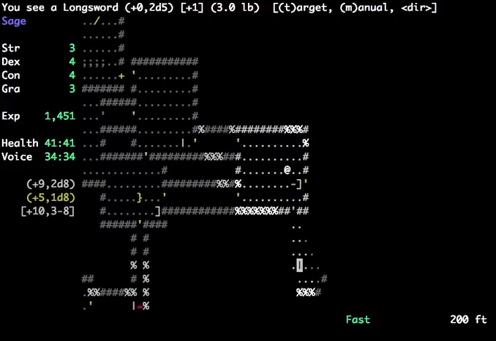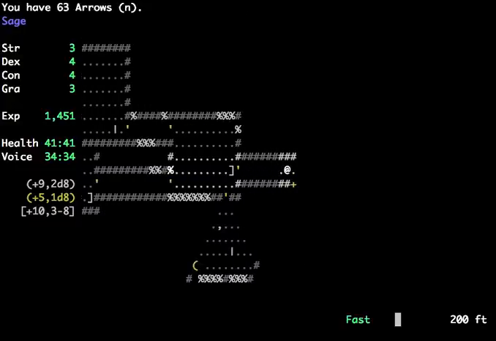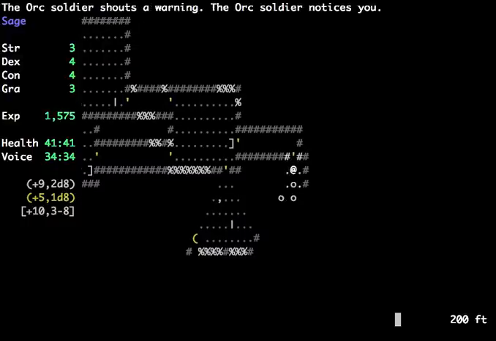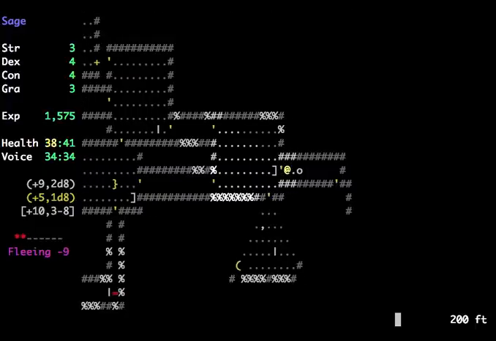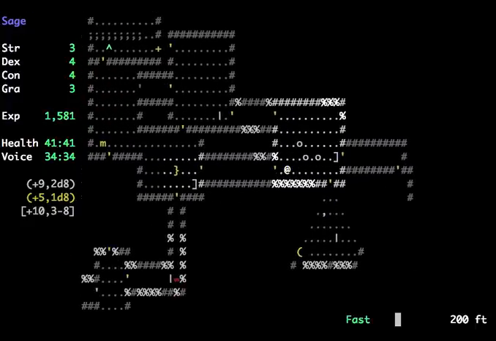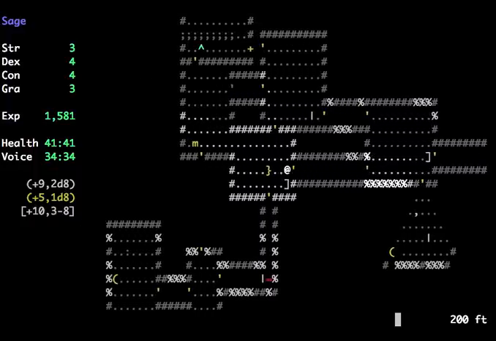Not much just going around here. He's just going shopping, kind of. Does he have a helm? I didn't even notice. Yeah, that's a lot of dudes. He's going to try and draw them into the...